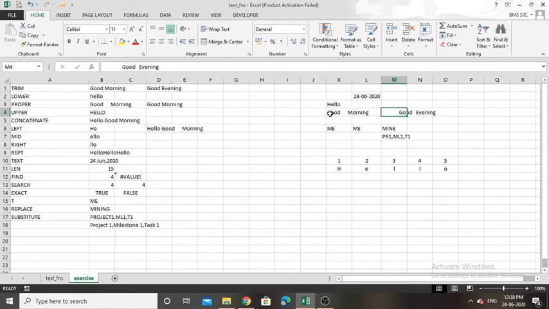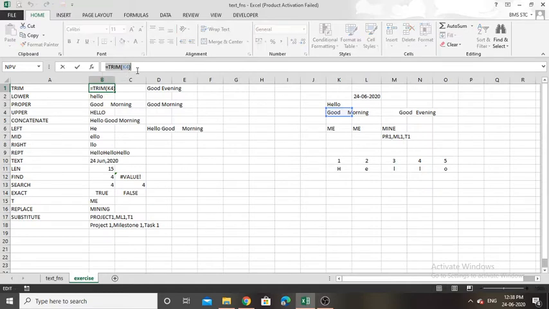So to remove the unwanted spaces, or the multiple spaces in between words or in front of a word or at the end of a word, we can use the trim function. With the function that I put in the formula bar here, you can see that I trimmed the multiple spaces of K4, that is good morning.